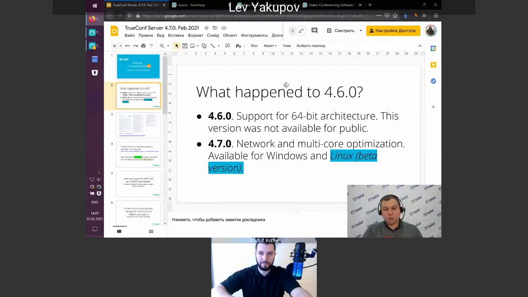And this is an even more important update because version 4.7, which is now available for everybody, received a lot of optimizations: network optimizations, multi-core optimizations and virtual machine optimizations.